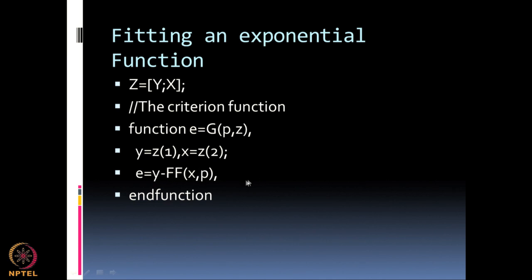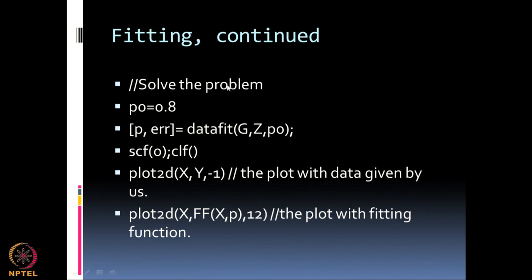So, what the program does, it will keep on iterating until this E, which is an error, is reduced to a minimum. Okay. So, the whole trick in fitting is you calculate the fitted function, compare with the data, and if the error is too much, then I reduce the error, keep on iterating. So, this particular set of lines does all that and finally, it will give you a fitted function. Okay. So, after this set, to solve the problem now,